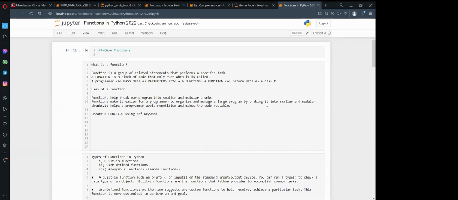Usually programmers are encouraged to use functions because they save space, and also this chunk of the program can be broken into modules or small statements that can be used to perform something. So it makes it easier for programmers to organize their work and manage a large program.